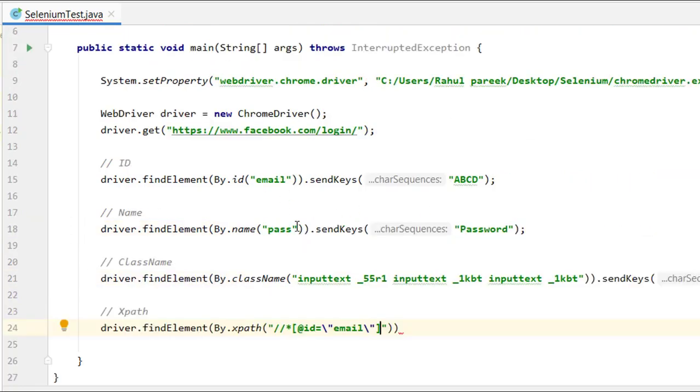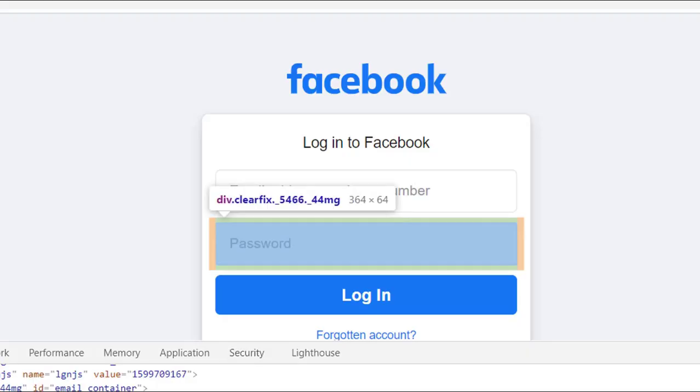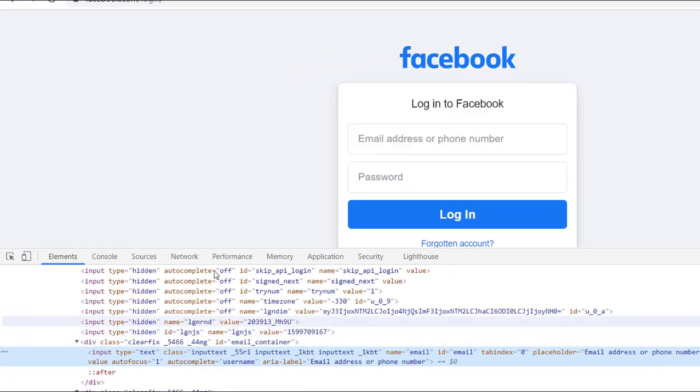Our ID is email. Basically we can generate the XPath according to us. As we have previously discussed about this ID email, it has provided the XPath of it. XPath is nothing but a path in the HTML. This is the particular path in this HTML script.